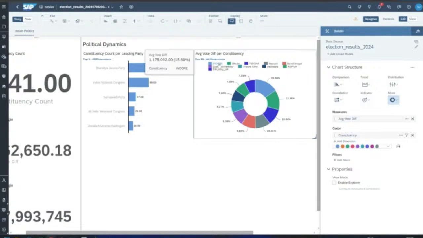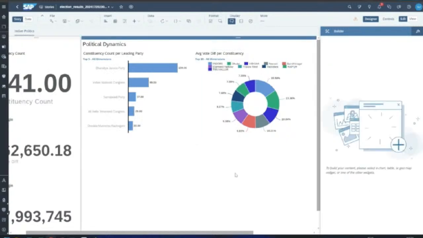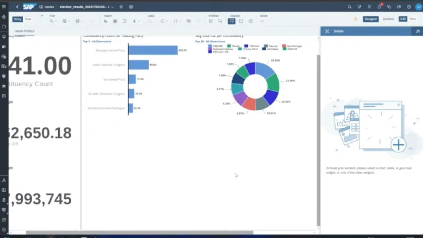The highest vote difference was in Indore, a constituency where the leading party won with the highest vote difference. Then Durbi, Vidisha, Navsari, Gandhinagar, Diamond Harbour, Tripura, Vadodara, Raipur, and Trivellur. So these are the constituencies where the highest vote difference was cast between the leading and the trailing party members.